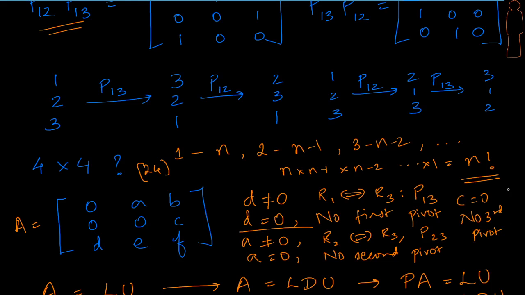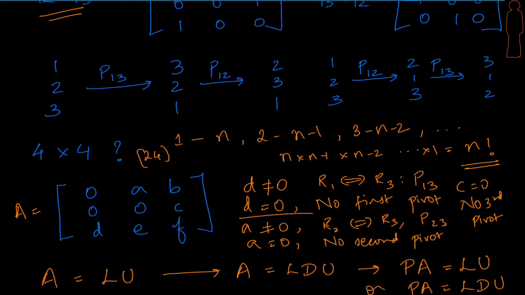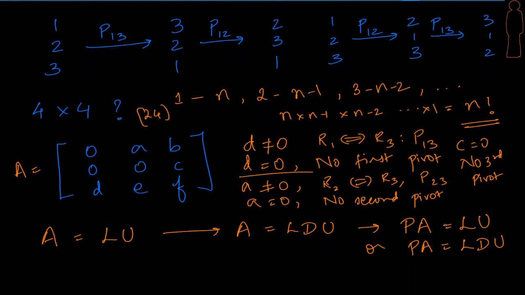So this generalizes this entire elimination with respect to swap or exchange of rows, and also gives us an idea of what kind of permutes could be required at some point of time. So we would like to generalize and say, therefore, what is the final answer to how do we handle LU and these row exchanges?